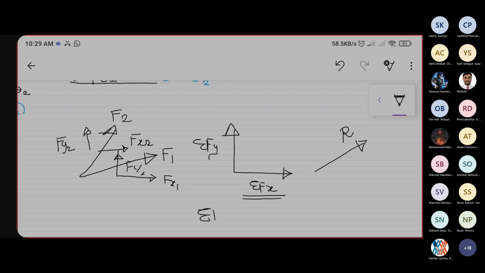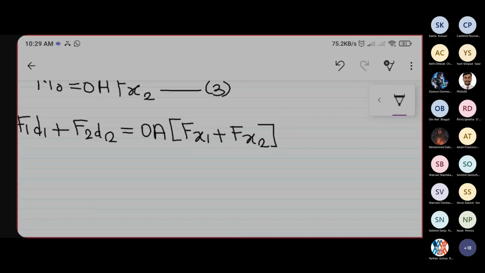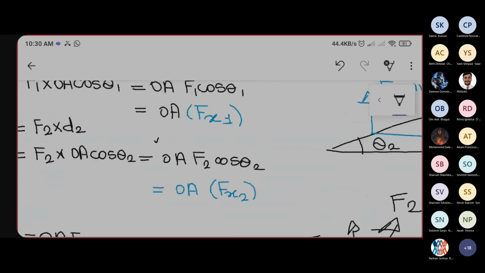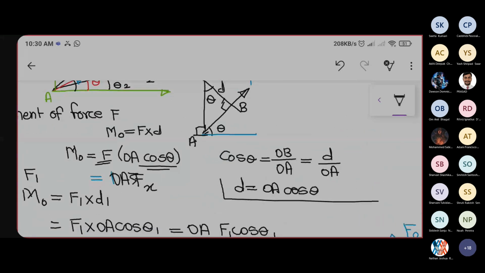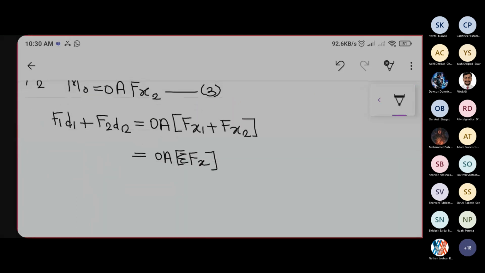That means, what is summation Fx? Summation Fx we know is the addition of forces in x direction. That is Fx1 plus Fx2, right? So we can substitute that here: it is equal to OA into summation Fx. I will write instead of summation Fx, here also, OA summation Fx. Okay. Now